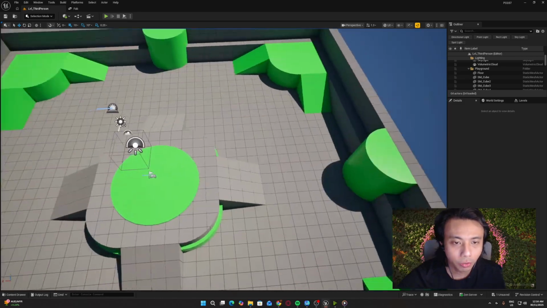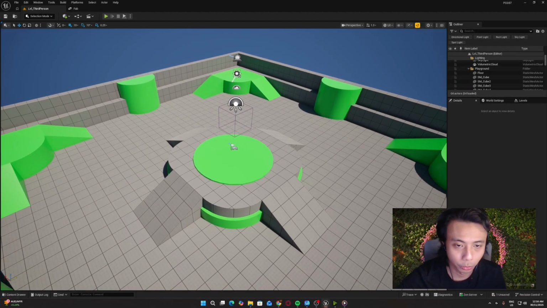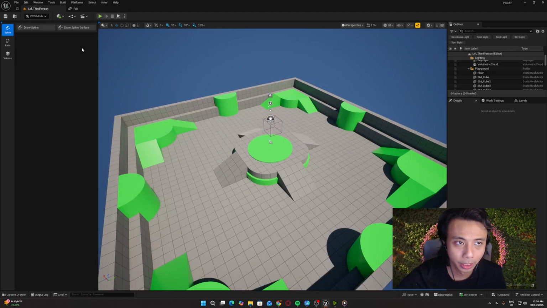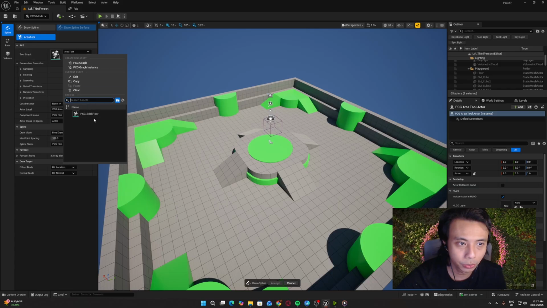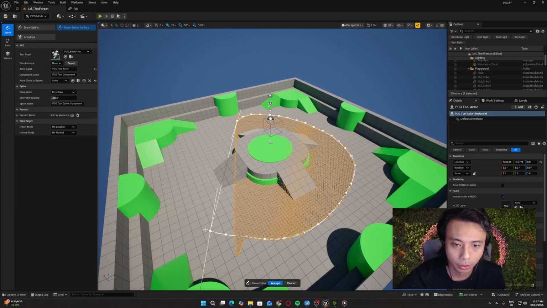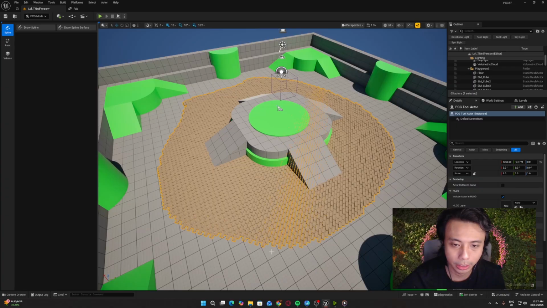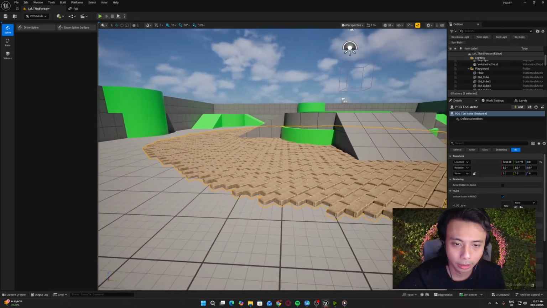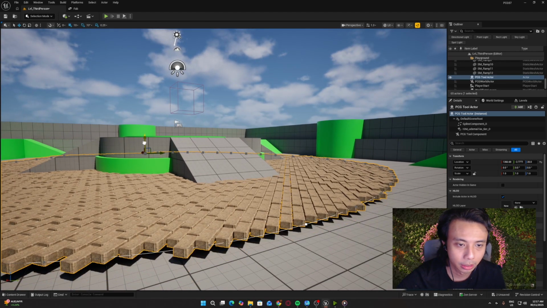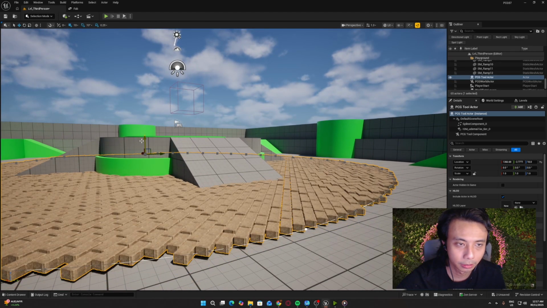So let me give you an overview of what we are going to achieve by the end of this tutorial. In the new PCG tool that is available in Unreal Engine 5.7, you can head down to PCG mode. Here we are going to create our own PCG tool that uses the spline to create these brick floors over here. Once I press accept, this will be created in my level, and if I go back to my selection mode, I can adjust it to be a little higher. We turn off the snapping,